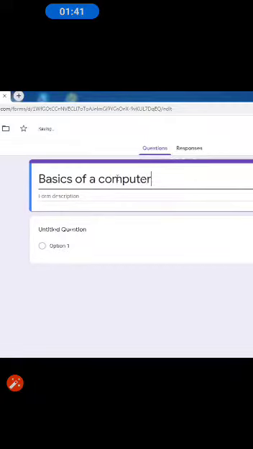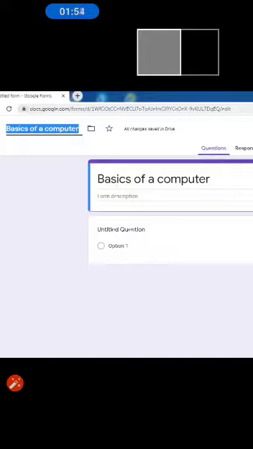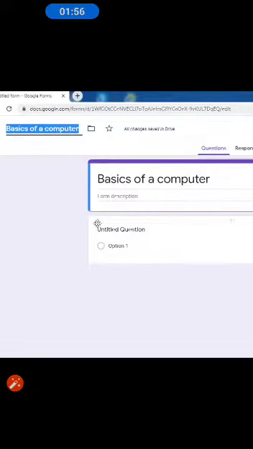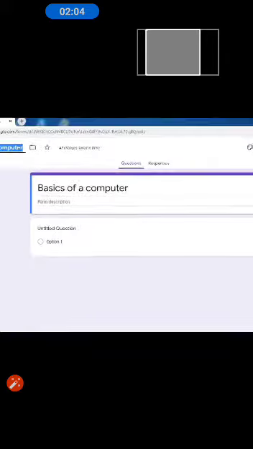Whichever title, whichever topic you want to give a question, you can type here. Form description is optional. You might give what this form is collecting. Basically it is a survey, question paper, examination, whatever. Now this Basics of Computer title gets copied here if we click there,